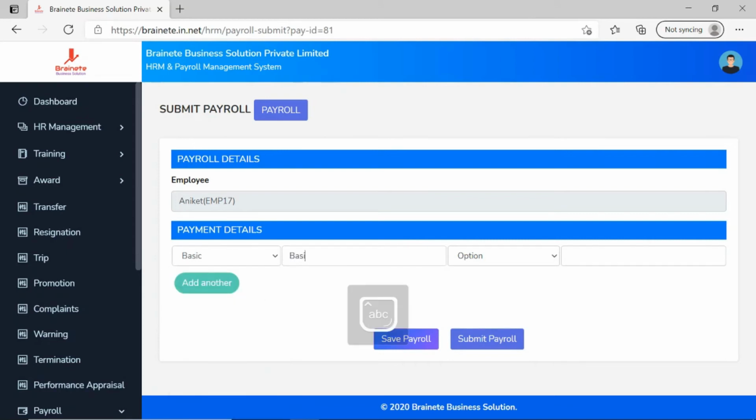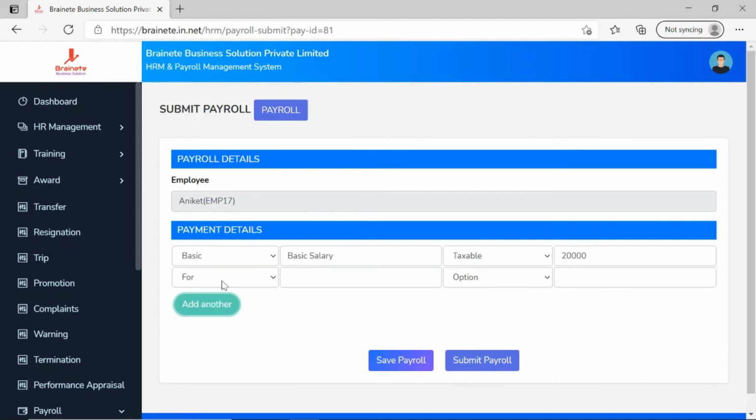At first, I am selecting basic salary, which is rupees 20000. Now I am adding a few allowances. Say, house rent allowance, rupees 5,000.